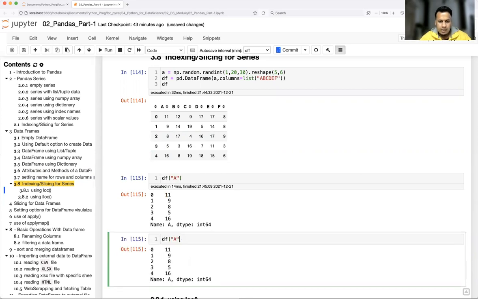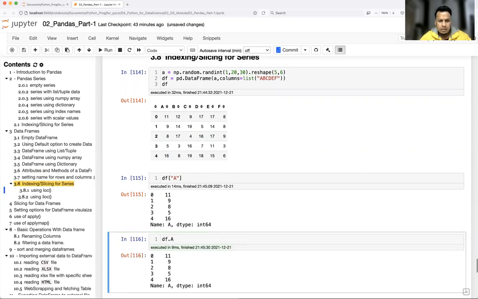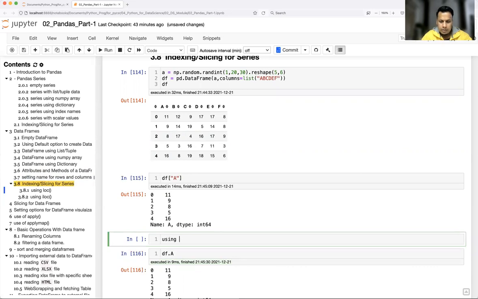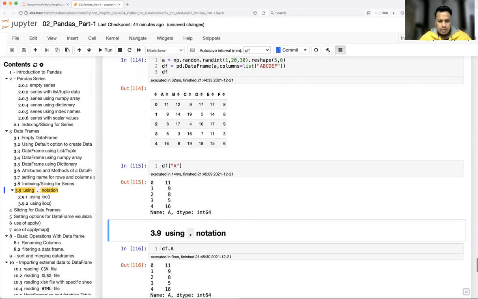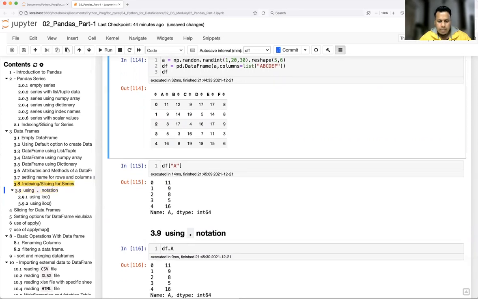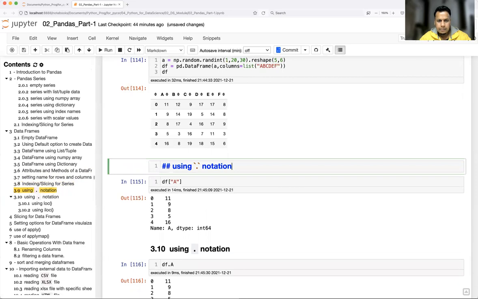Another way is, whenever you have the name of the column, you can directly access it using dot notation. And this one is bracket notation.